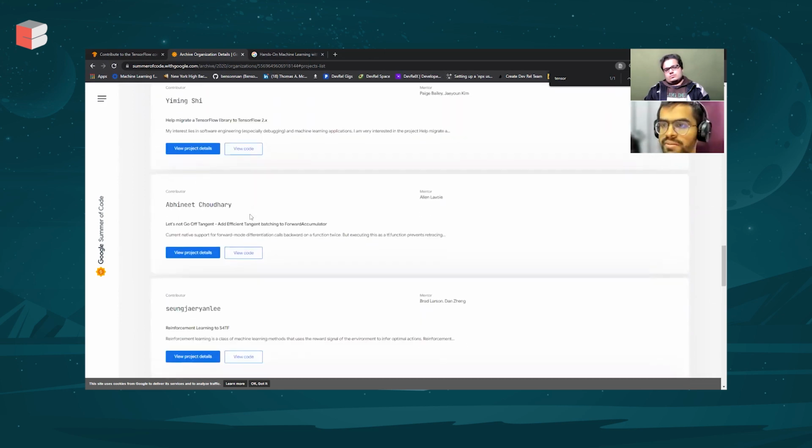Now we have also started having projects related to JAX. JAX is a dedicated, new, upcoming library for scientific computing that involves TensorFlow. So that is also a new upcoming field that you can contribute to, and it will be part of Google Summer of Code. This goes to show that some of these projects will be brand new projects related to improving the library itself, some will be related to building applications, and some will be related to improving the existing libraries and the existing code base.